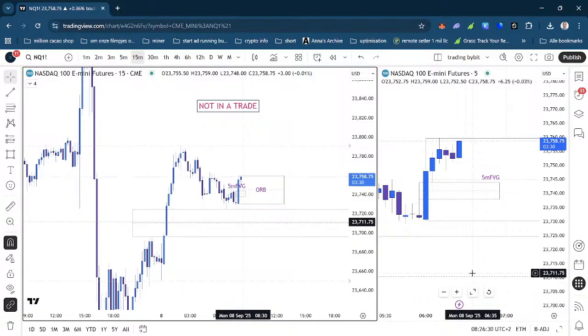So you still need a bias. The reason why is if you're trading against the major trend, you have to take profit sooner. If you're trading with the major trend, you can let it run for the rest of the day. So if you are trading against the bigger time frame trend, that is why we still use a weekly bias, not an intraday bias. Intraday we will have to see what happens, of course.